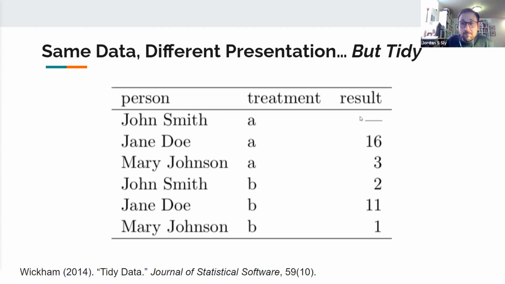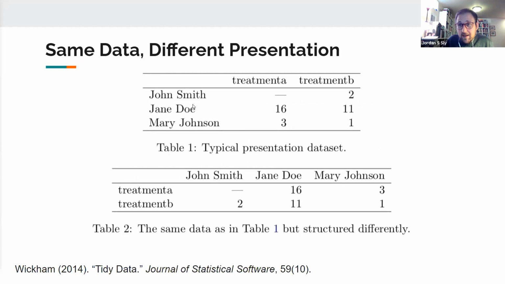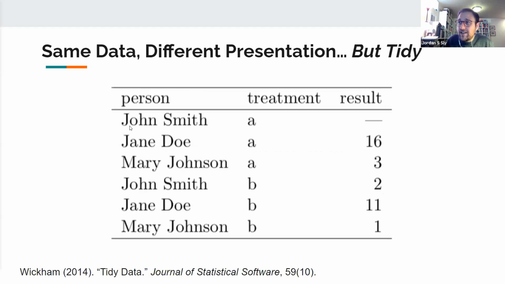This allows me to select my anchor point for my output. So when I'm in R or I'm using visualization software or what have you, I can choose, is my anchor point John Smith? Is my anchor point treatment A, B, or C? Is my result the anchor point? And then I can build my visualization from there. In this example, I'm not able to do that. The anchor points become quite a bit different in these examples, and I'm no longer able to use each instance as data itself.